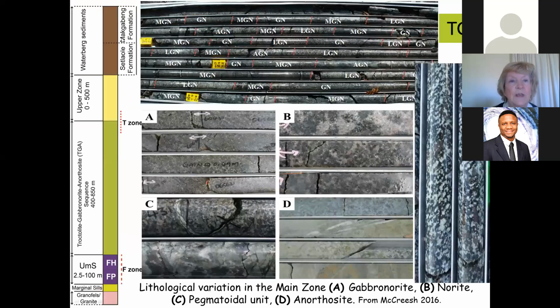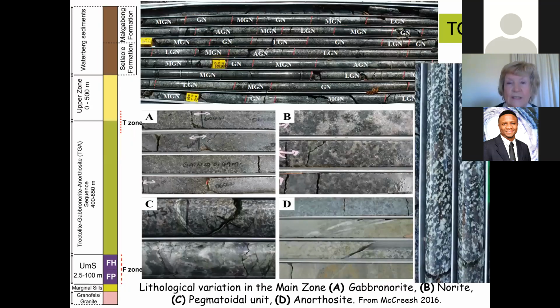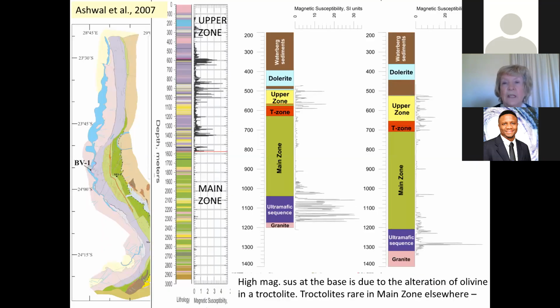Sorry, that would be the Hout River shear zone up here. And what Lou Ashwell noted was that when you look at the succession and you look at the magnetic susceptibility of the main zone, it's very much a quiescent zone for magnetic susceptibility. And then as you hit the upper zone where there's magnetite, magnetic susceptibility rises dramatically. So Ashwell drew his boundary between the main zone and the upper zone at this change in magnetic susceptibility. And we followed and we did the same thing for the Waterberg cores,